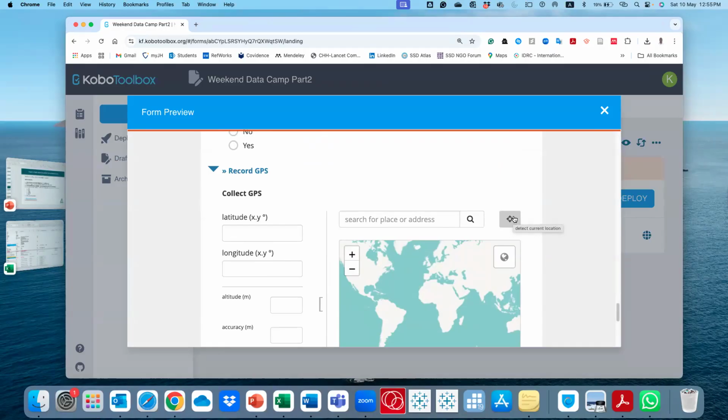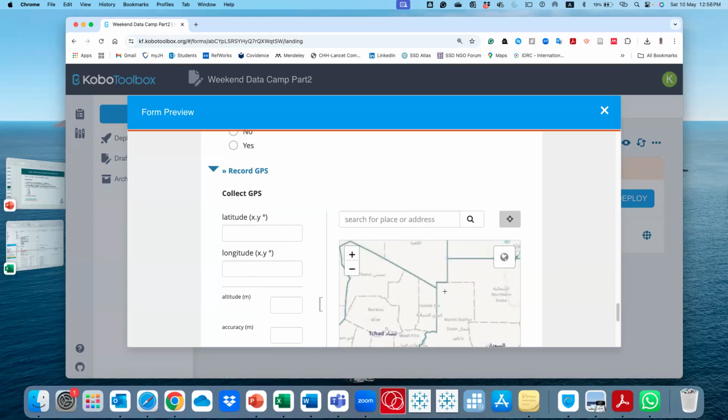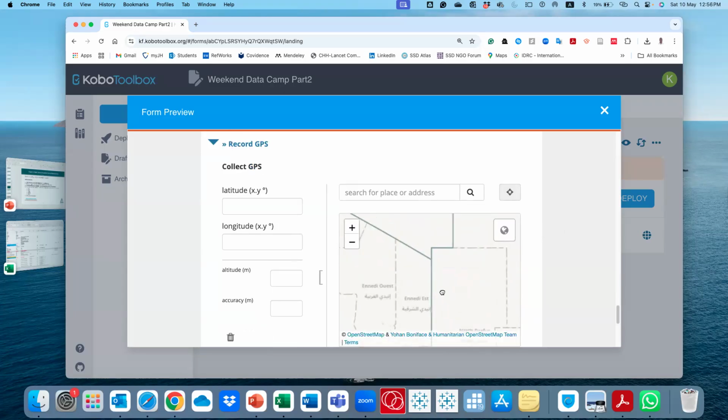I don't know if you can see on my screen. It is saying detect current location. If you click here, usually it's supposed to detect automatically where you are and populate this section. Sometimes this option has some issues, but if you know where you are, you can just take the map and pin it there.